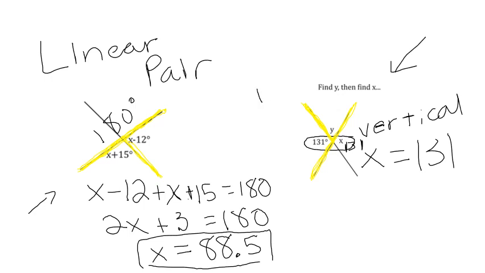And I'm going to write linear pair. I'm going to abbreviate it because I'm running out of space. So here I would say the 131 plus the y equals 180. And if you put that in Desmos, remember that you have to use an x for the variable, not a y, and you solve it,